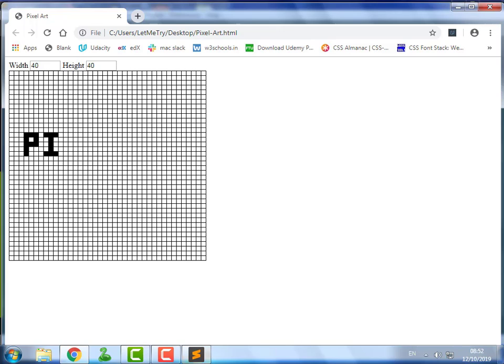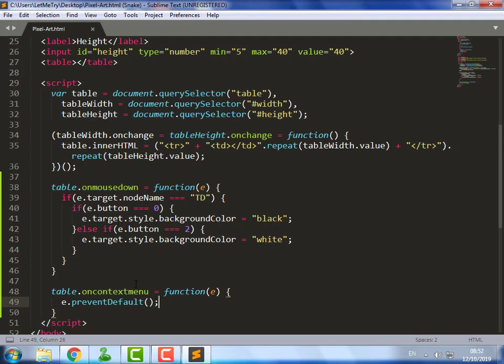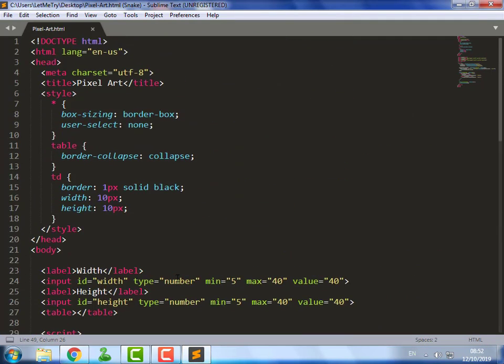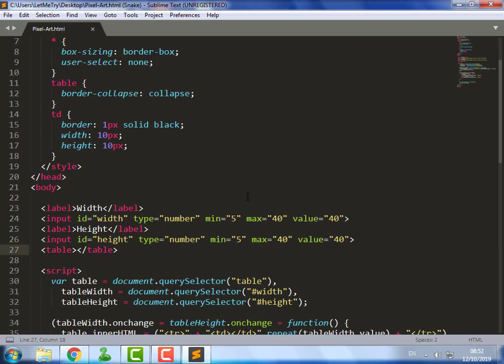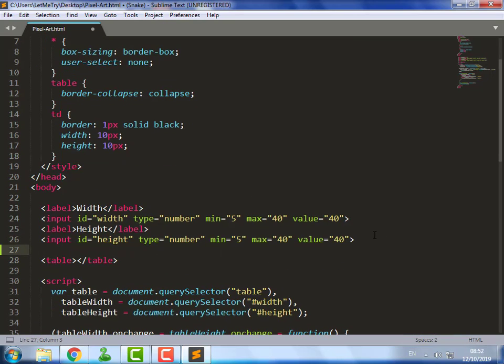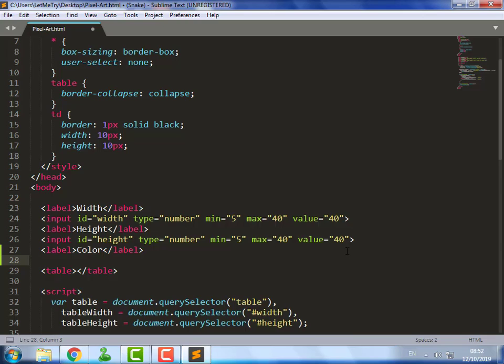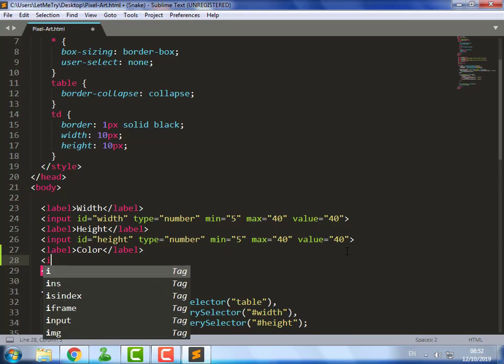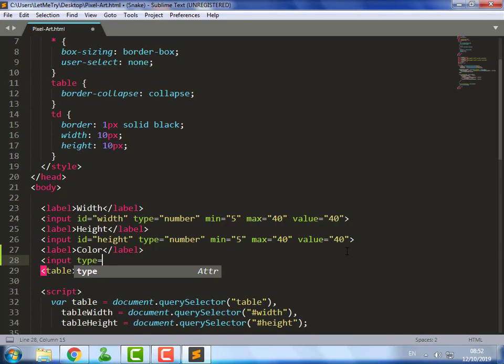I think we need more colors than just black. Add the label color, and an input element with type color.